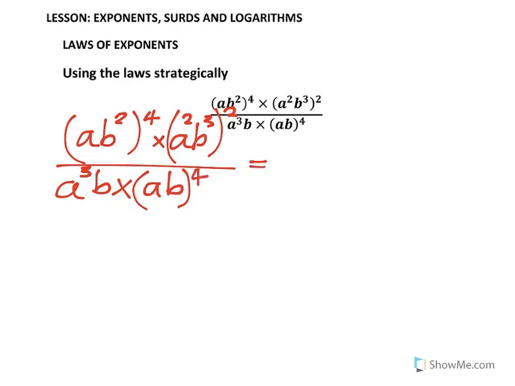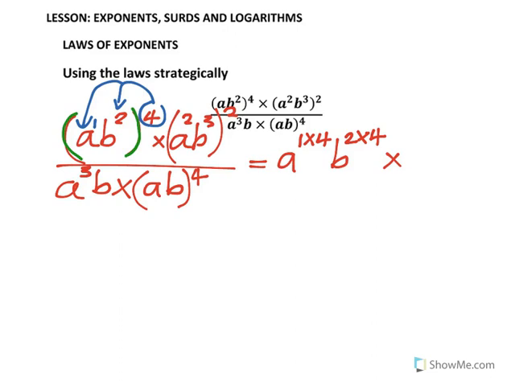Again, let me remind you, whenever you have a bracket like this one, it means this particular 4 is affecting b squared and it is affecting a. And if you see a alone, it means there is an invisible 1 there. So how do you write that one? You will write it as a to the power 1 times 4 and b to the power 2 times 4, times, same thing with the 2 there, a to the power 2 times 2, b to the power 3 times 2,